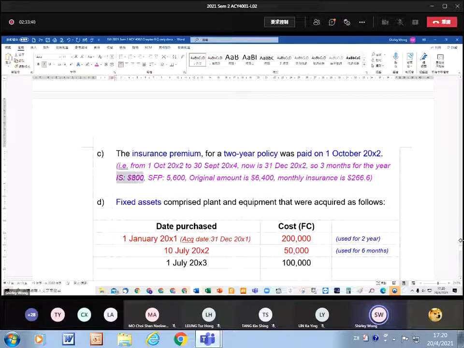So in the income statement, that means IS, we have recorded 800. In the statement of financial position, we have recorded 5,600. That means the original amount of the insurance is 6,400. If you use 6,400 divided by 24 months, every month is